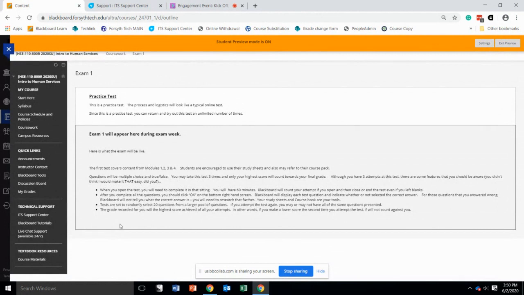Here is how our exams will work in this class. There'll be multiple choice or true false. Not only is it open book, open study sheets, I'm expecting you to use those. So you've got your book, you've got your study sheet. You're going to be able to work on your exam and take it 3 times. So if you go through it once and you're like, whoa, something didn't work right for that, instead of feeling bad or panicking, just go back and you'll get a second attempt. And not only that, you're going to get a third attempt.